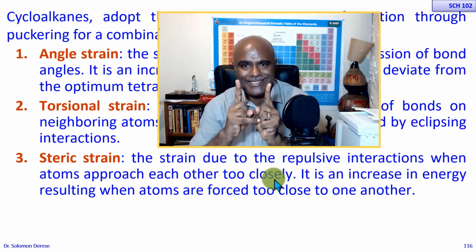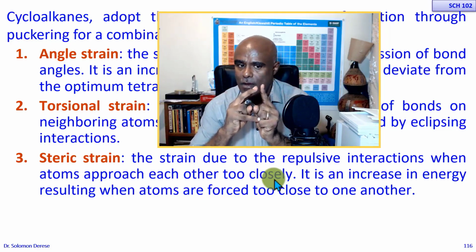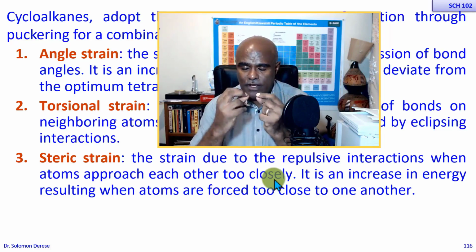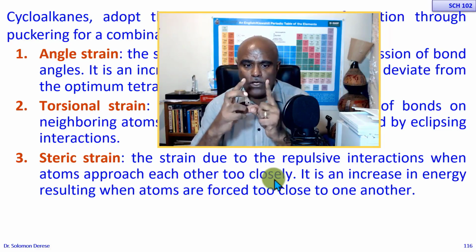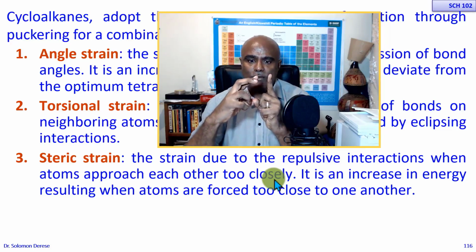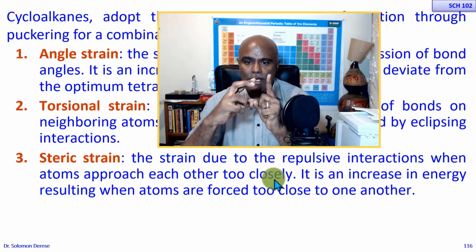Instead of being like this, now they are like this. When they are like this, there is going to be a much stronger electrostatic repulsive force, which makes the molecule very unstable. So they will adopt a three-dimensional conformation that will allow them to minimize this and eliminate it if